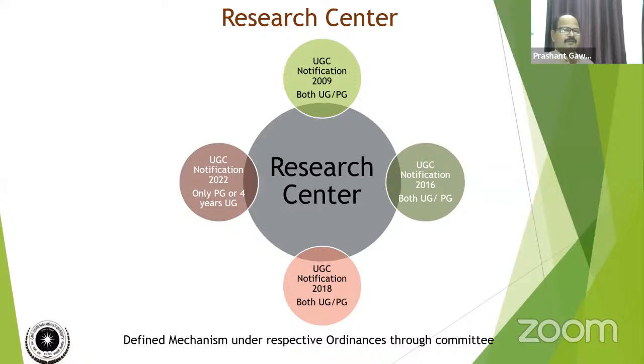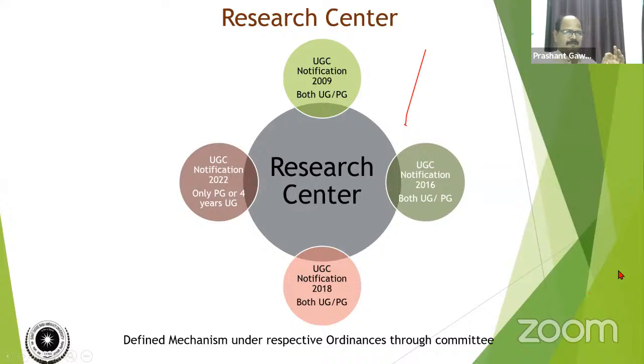A research supervisor who teaches UG or PG is a supervisor at that time during 2009. And 2016 also similar is the case. In 2018 also similar is the case, but in 2022 only PG or 4 years UG